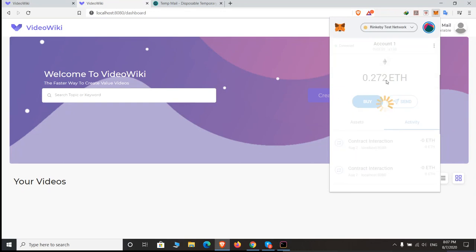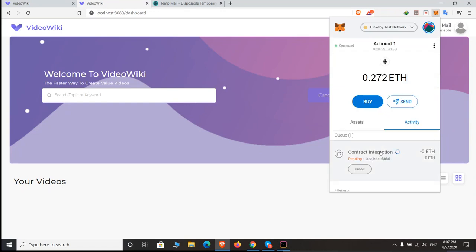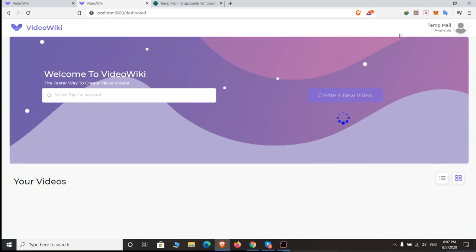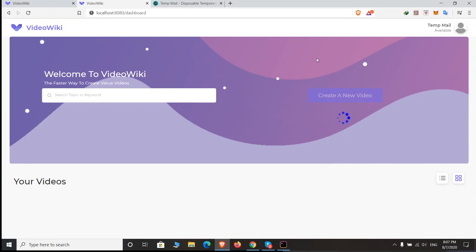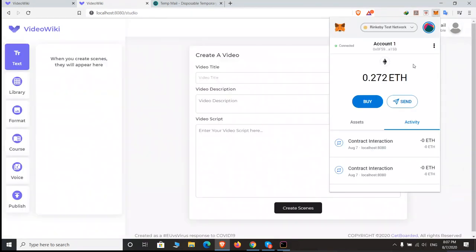So when I click confirm, signing the second transaction, it's pending. Yeah, the second transaction is also confirmed.